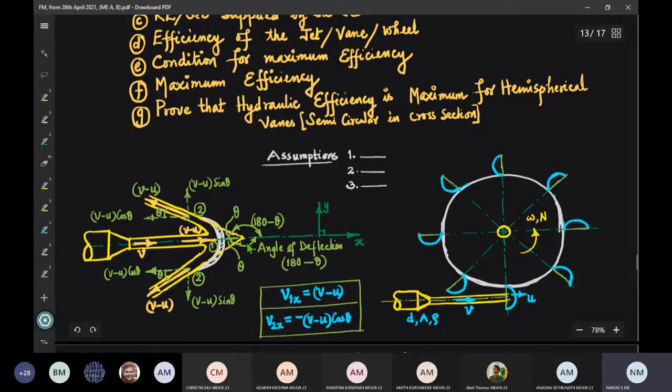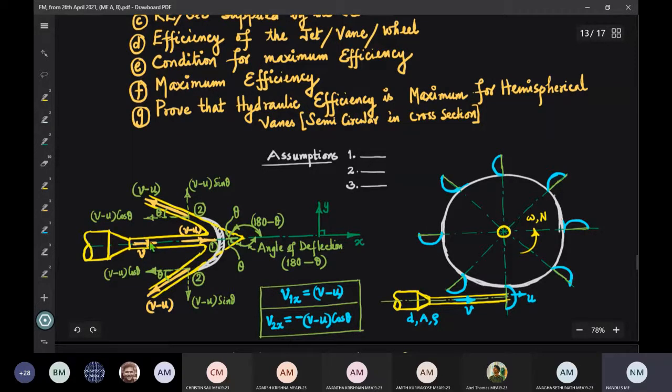See the direction, it is deflected through an angle equal to 180 minus theta, provided the vane tip angle is theta, because already you are familiar with it. The jet is deflected, as you can see. See the point 1, that is the point of impingement, the center of the symmetrical vane, and the jet is deflected. And the point 2 represents the outlet tip. So either you can consider the top portion or the bottom portion. Both are the same because of the symmetry.